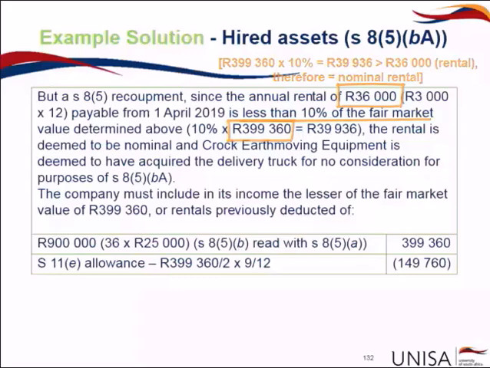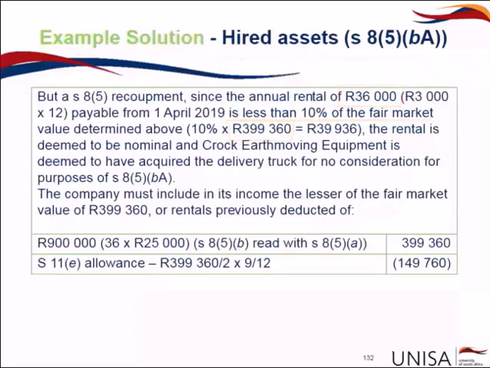The company must then include in its income the lesser of the deemed fair market value of 399,360 or the rentals that were previously deducted, whichever is the lesser. Well, we were able to claim for 36 months 25,000. 25,000 for 36 months is 900,000. Therefore, the lesser of the two is the deemed fair market value that we calculated in the